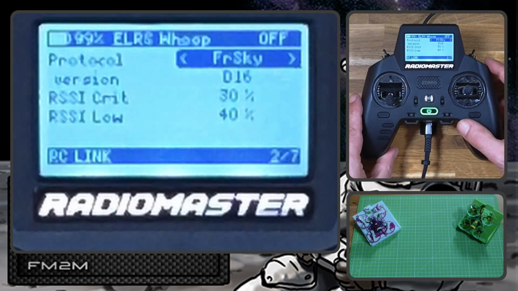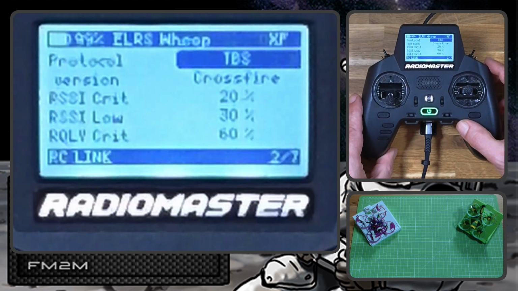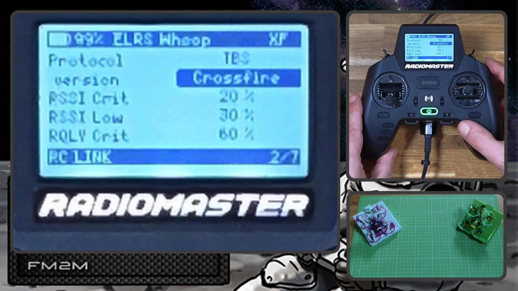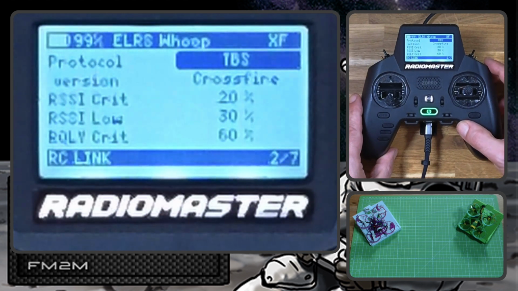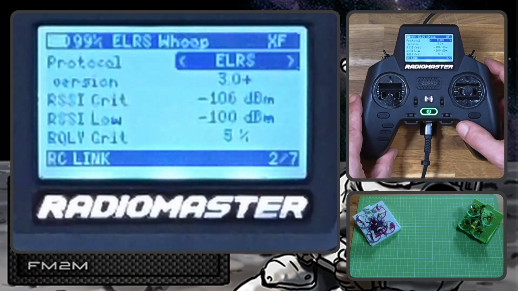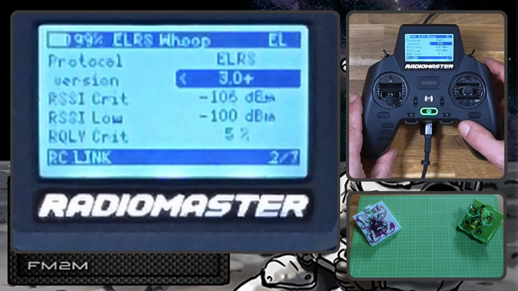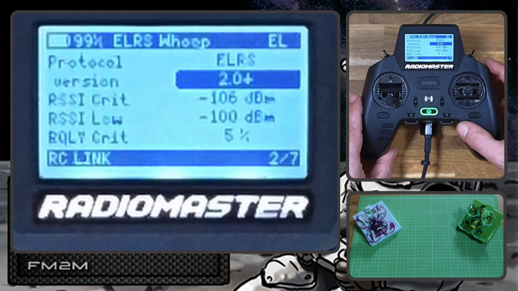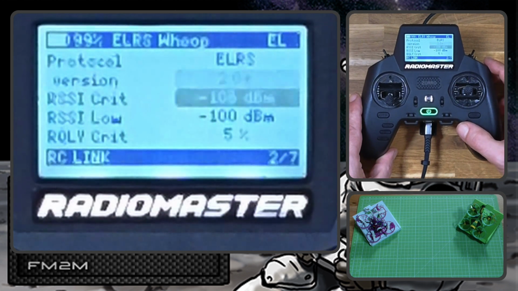Once you select the protocol, the company, you need to set the version. Of course, there will be only Crossfire in case of TBS, but if we go to ELRS, you've got two versions of firmware, 2.0 branch and 3.0 branch. It's default to